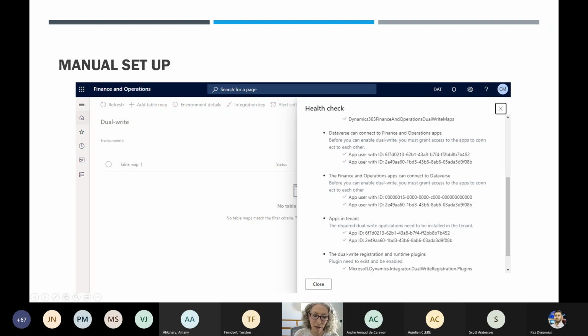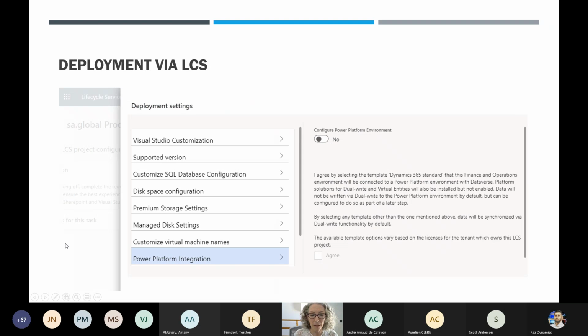But since then, as I said, Microsoft has been improving this experience. And now, when an FNO environment is provisioned by LCS, we have the option to also provision a Power Platform environment. So we can select here the Power Platform integration, and then we have the option to provision our platform environment. And this environment will be automatically deployed with the Dual Write solutions we need, also the virtual entity solutions,